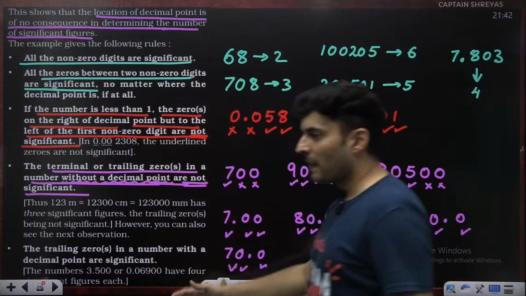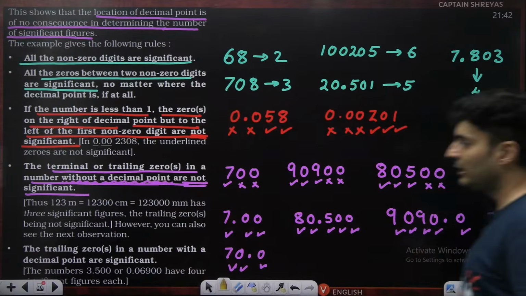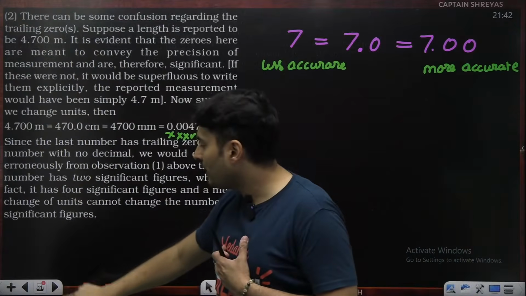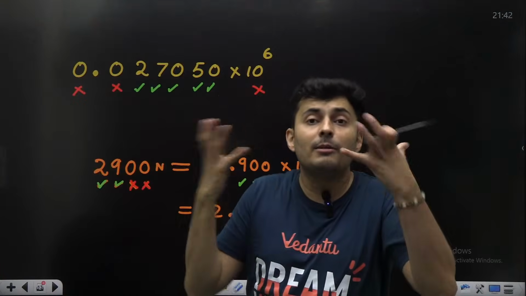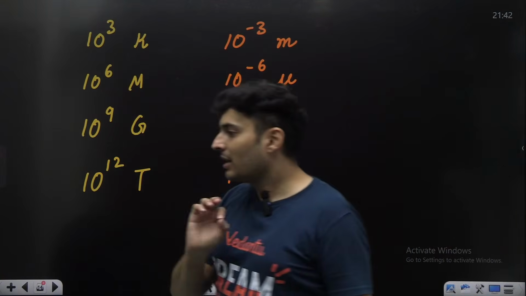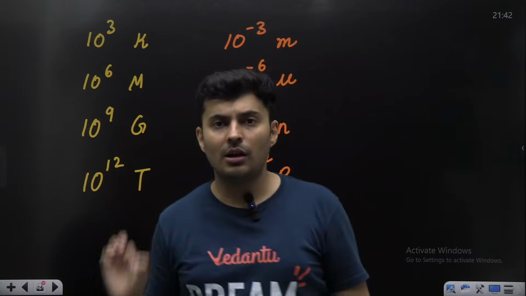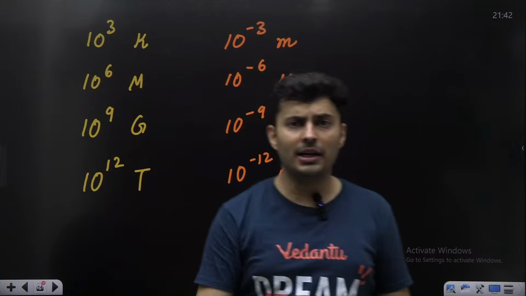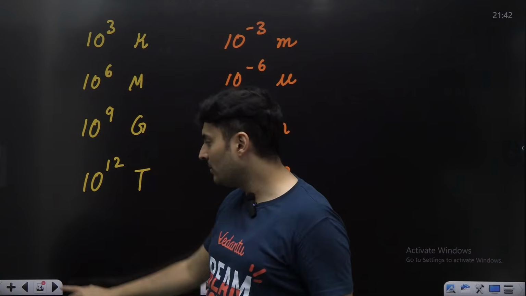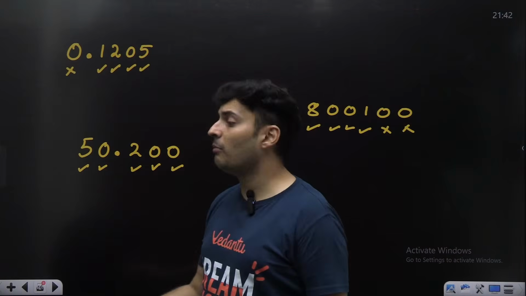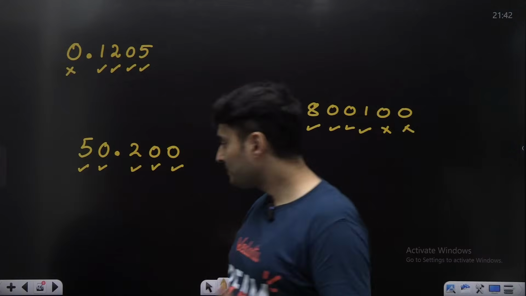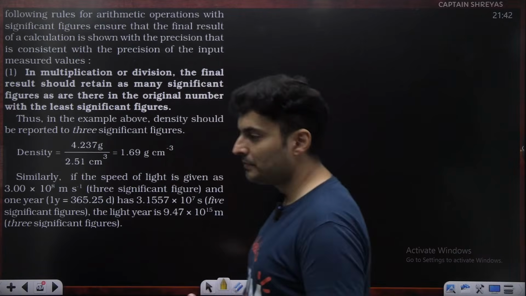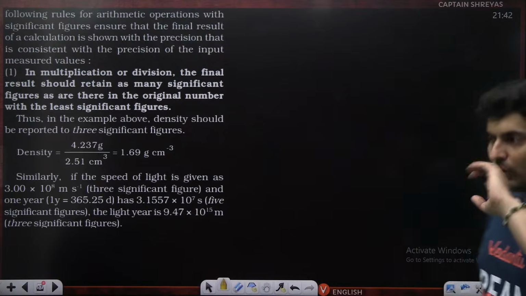Okay, so please go through this particular explanation again and again. Let it become more natural rather than remembering these rules, because nobody in the NEET exam is going to ask a statement, significant figures, which are the zeros which are important. No, that kind of question will not come. Rather, they might give you a question, find the number of significant figures in the following.